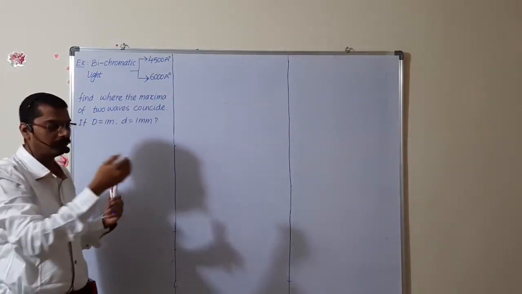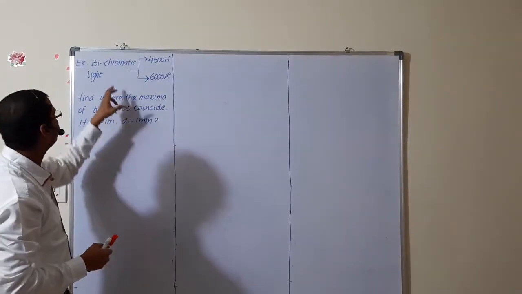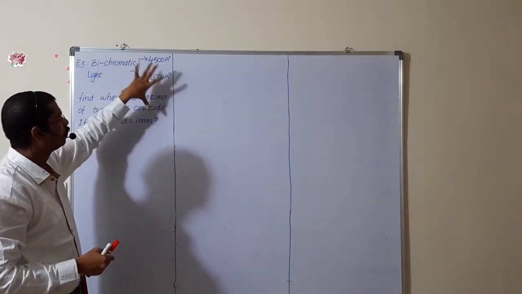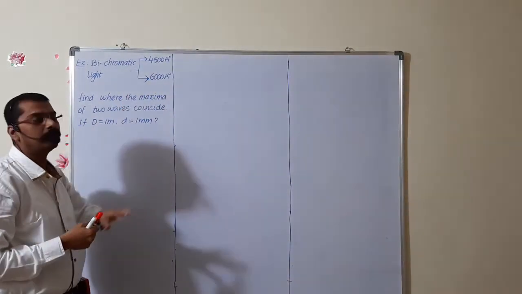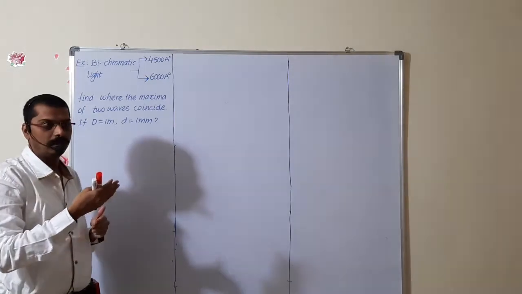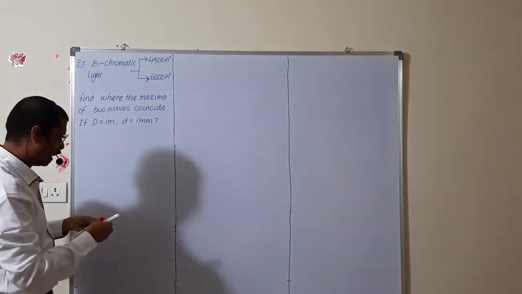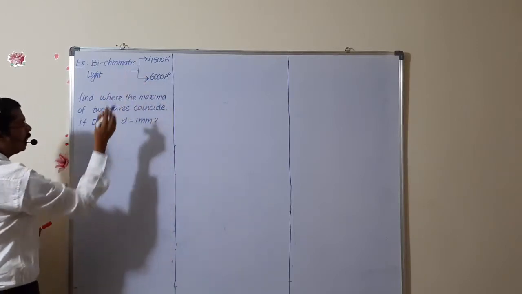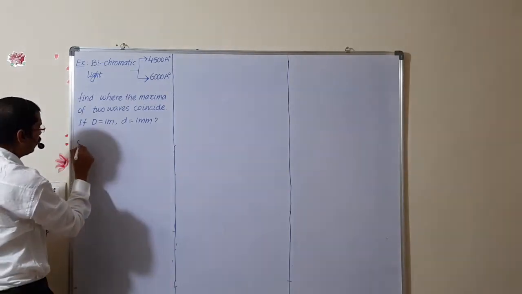Up to now, whatever we have discussed in the sums was monochromatic light. Here, with bichromatic light, two wavelengths are there. These two waves are superimposed at what distance, which number fringe should coincide, and what is the position of the interference, the position of the p value, we have to discuss. Already we have discussed that for bichromatic light, with the wavelengths, capital D and small d constant, what is the formula?